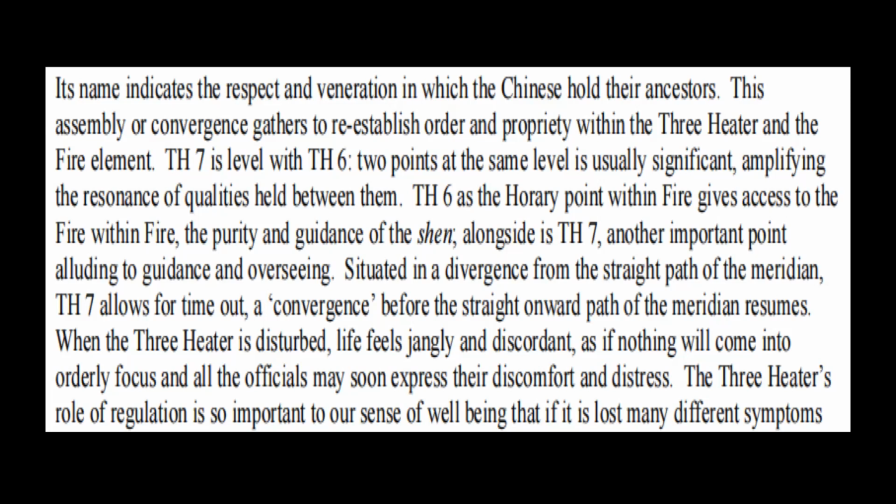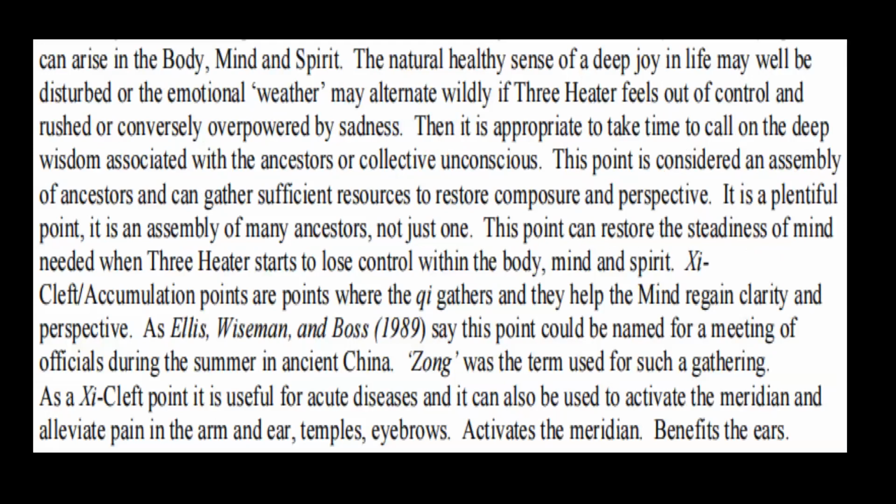The three-heater's role of regulation is so important to our sense of well-being that if it is lost, many different symptoms can arise in the body, mind, and spirit. The natural, healthy sense of a deep joy in life may well be disturbed, or the emotional weather may alternate wildly if the three-heater feels out of control and rushed, or conversely overpowered by sadness. Then it is